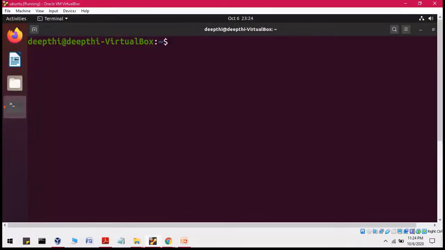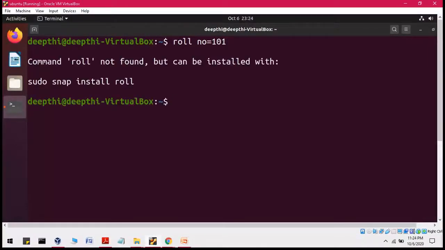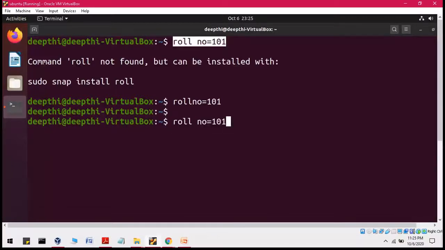The next point was there should not be any space within the variable name. If we have roll space number and I am assigning some value, this is incorrect. It cannot be defined this way. The way is either you remove this space, then it is correct, or you fill the space with an underscore, then also it is correct.